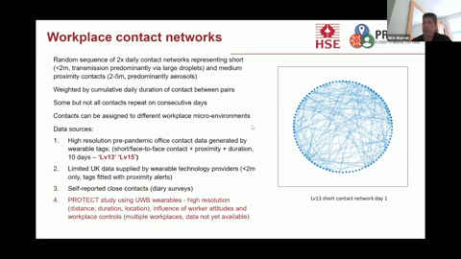It's fair to say that none of them are absolutely as good as we would like. The work that I'm going to present now uses pre-pandemic office contact levels. There are other sources as well. And then I think it's worth just flagging up that the Protect study is just launching a new study within it that's going to use ultra-wideband wearable technology to give us high-resolution contact data in a variety of different workplaces.